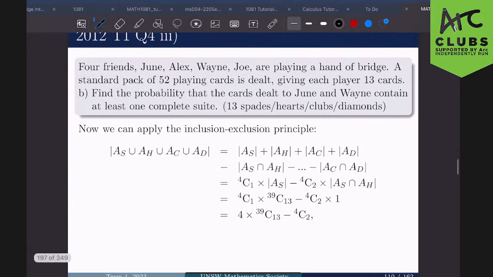So the reason why this is, this is like we've chosen one of the suits. So we'll choose one, right? Like you choose 1 spade or 1 heart or 1 club, you're choosing 1, and then you're multiplying by the cases of the requirement. And then the next case is in which you've chosen 2. So you've chosen spades and clubs, or hearts and clubs, or whatever. So that's why it's 4 choose 2, and it's times 1 here because,